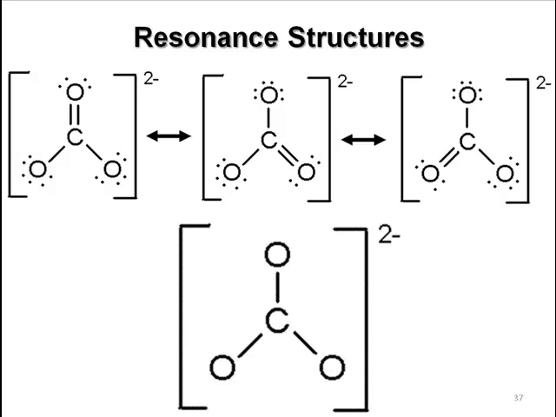Okay? So it's just showing it could be at any of those 3 locations. The bottom one shows that they each have a bond of approximately 1 1/3, which you're like, wait a minute. So it's more than a single bond, and it's less than a double bond for all 3 of those. Those are what are called the delocalized electrons. So technically speaking, although it's hard to say, 2 of the electrons, the way the electrons are shared, they're shared throughout